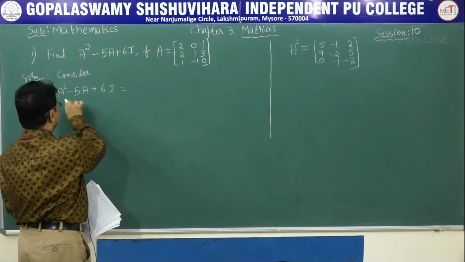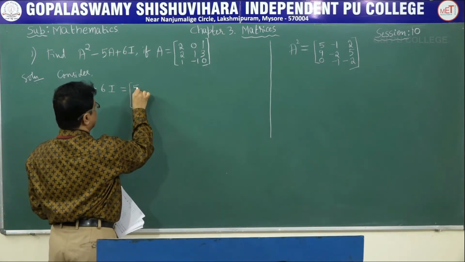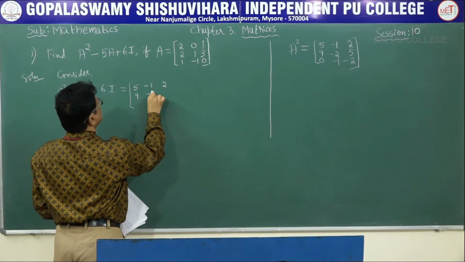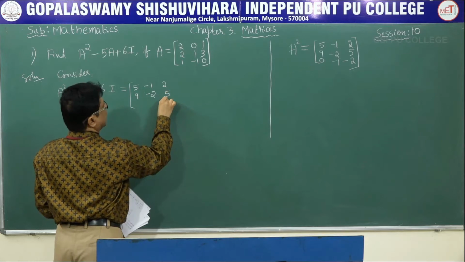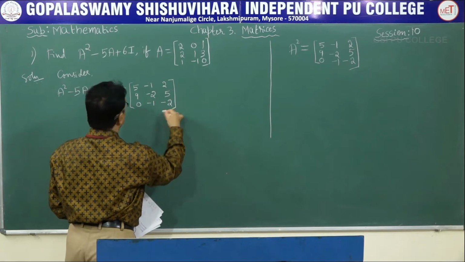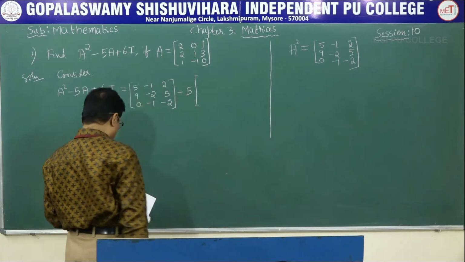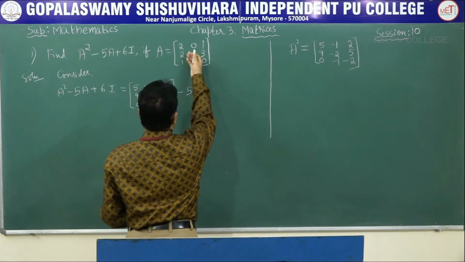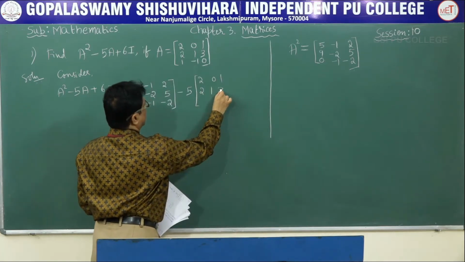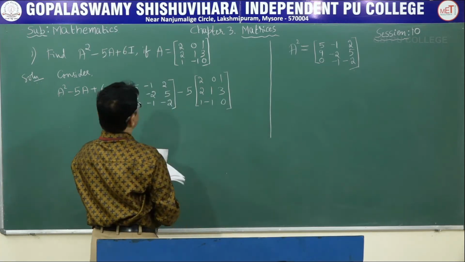That will be equal to, instead of a square, we have to write the matrix of a square: 5, minus 1, 2, 9, minus 2, 5, 0, minus 1, minus 2, minus 5 times a. So, a matrix is the given problem, that is 2, 0, 1, 2, 1, 3, 1, minus 1, 0, plus 6i,